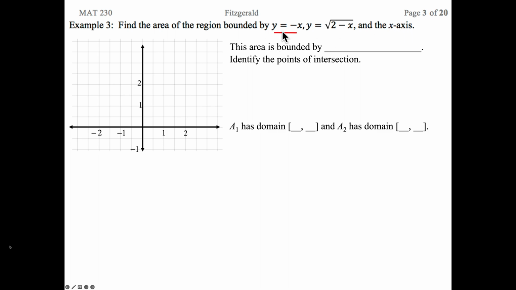So if I were to graph y equals negative x, that's this line. y equals the square root of 2 minus x. Again, if you have to go to your calculator, do so. That's this curve. And then the x-axis, well, that's going to be our boundary right in here between 0 and 2. So whenever you have three boundaries, it's a pretty good chance you're going to have to come up with two